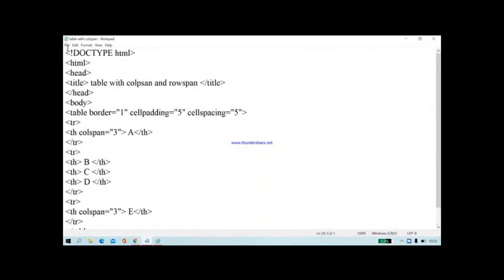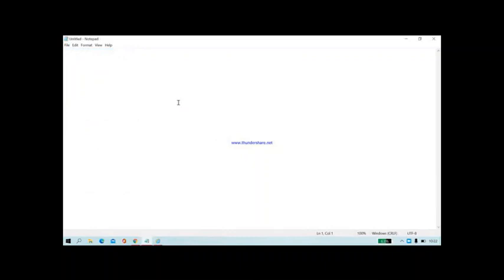Again start with the new program. So here doctype HTML, head, title, table with rowspan, /title, /head, body.